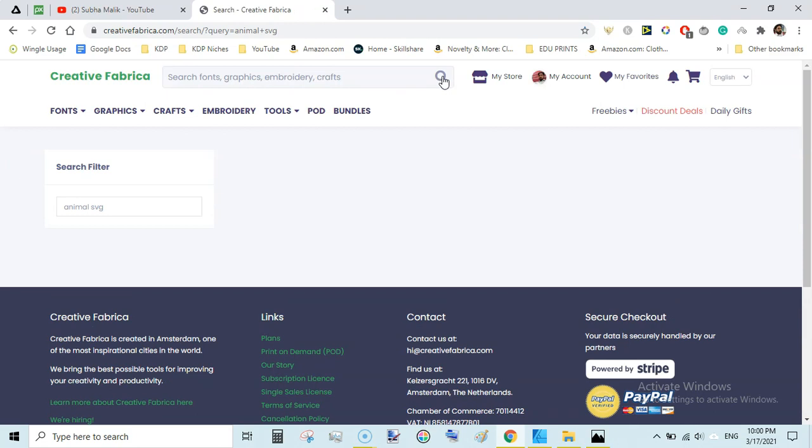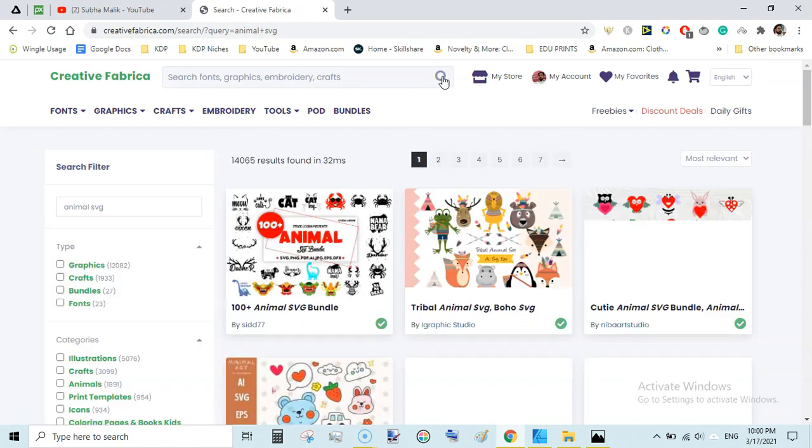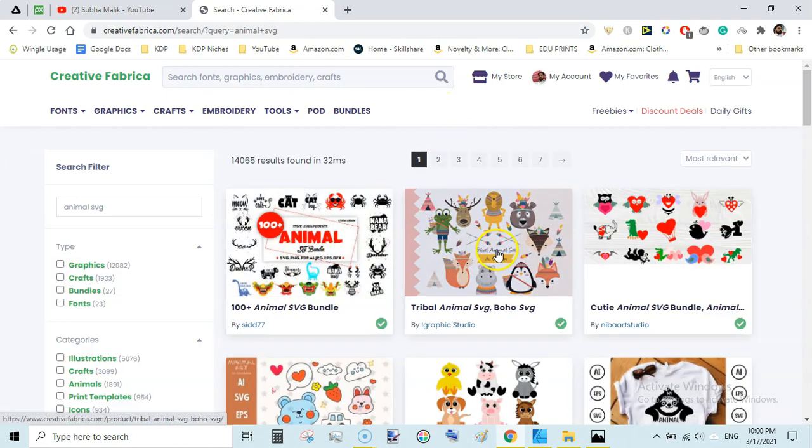There are lots of coloring pages on Creative Fabrica in SVG format, and you can easily turn these SVGs into coloring pages.